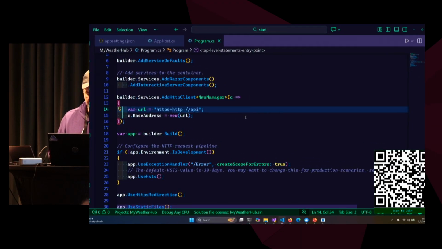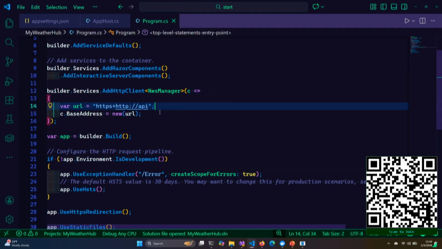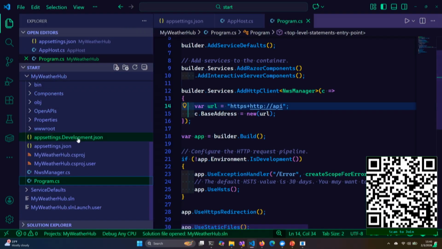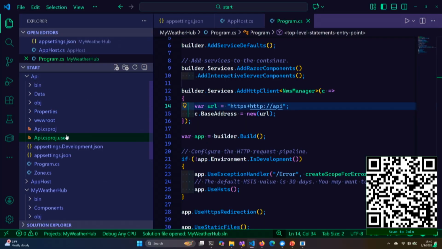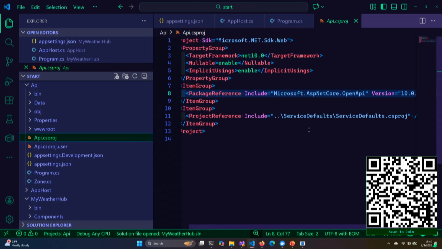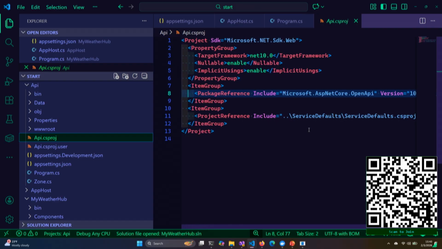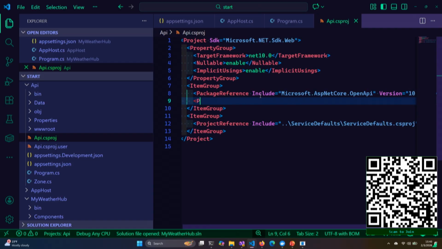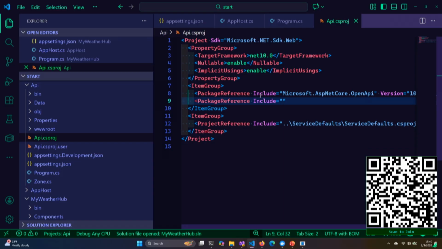and inside of here I have those changes. Let me go add a reference in the API so that the API can do a health check to make sure it can reach the National Weather Service. So right here next to package references, I'm going to do this the old-fashioned way. Package reference, and I'm going to include ASP.NET Core health checks,